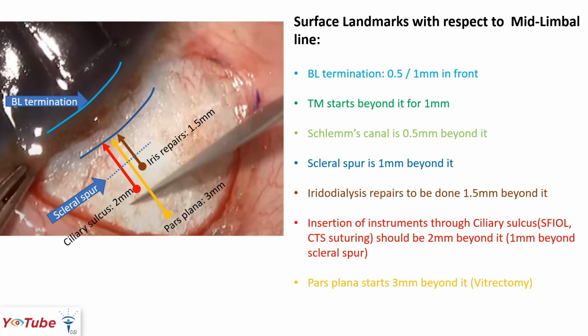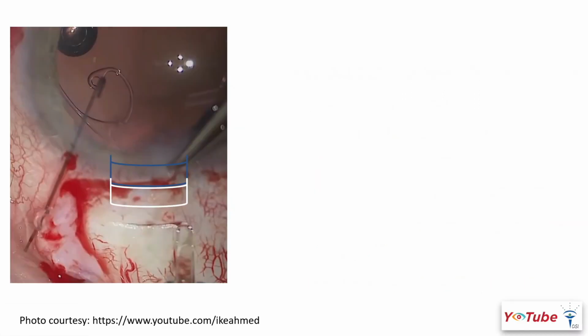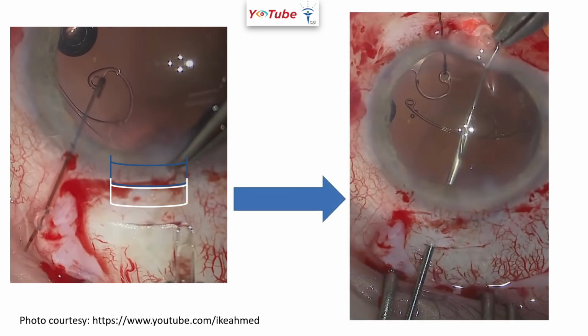So in this photo, this is an example of a surgery being done for a subluxated cataract where a capsule tension ring needs to be inserted for capsular bag support. Note how the surgeon is making the groove for insertion of the instruments 1 mm behind the scleral spur, so that, as I have already mentioned, he can enter into the pars plicata just behind the iris. So we see in this photo, through this groove the needle is entering posterior to the iris.